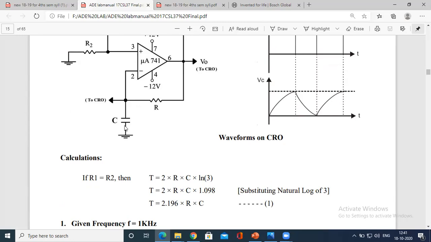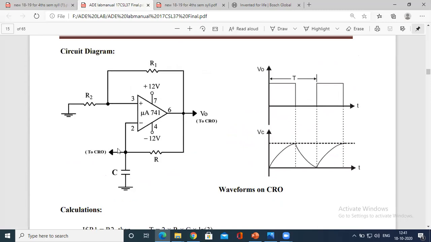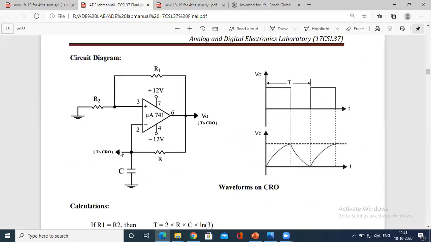Given the frequency 1 kilohertz, as I said, we assume R1 equals R2. Then we have the formula T equals 2RC logarithm of 3. Here is the concept. First, you focus on the circuit diagram, and this is the waveform that we need to get in the CRO with respect to the voltage.